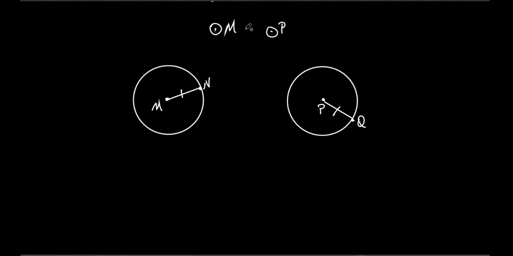So what can I say about circle M? Circle M is what to circle P? They're congruent. We don't say they're equal to each other. We say they're congruent to each other. So when we do figures, all right, we say that they are congruent, not equal to each other. But a lot of geometry teachers, if they would hear me say this, they'd say, well, you would say line segments are congruent to each other too. Sure, you could say it, but I'm okay with you just saying line segment AB is equal to line segment CD. But when it comes to these figures, these closed figures, I think it's really important to say congruent. Everybody got that? It's not that big of a deal. Just one little extra thing that you have to write, little squiggly on top, and that's it. Okay? Now,